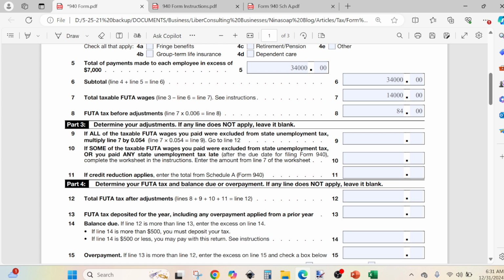And then the year, using this example. So report the amount of FUTA tax for each quarter. Report your FUTA tax for a quarter only if line 12 is more than 500. If not, go to the next section. So line 12 is the reality. So if that line